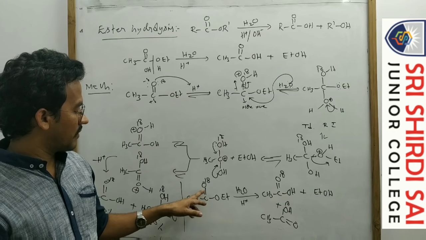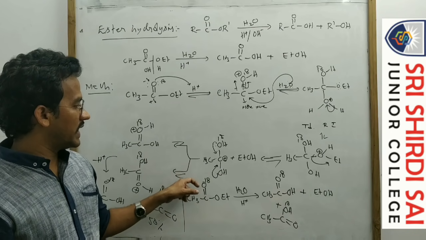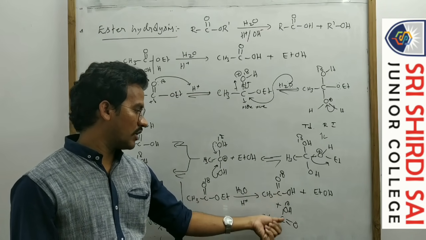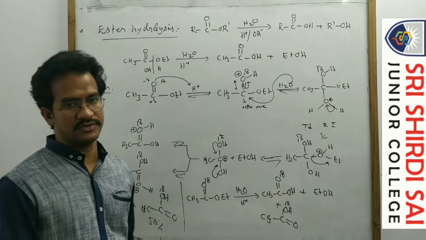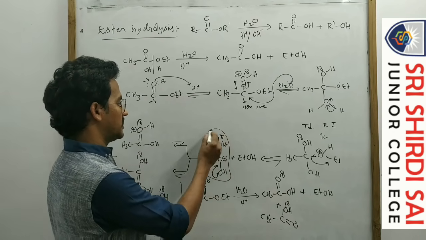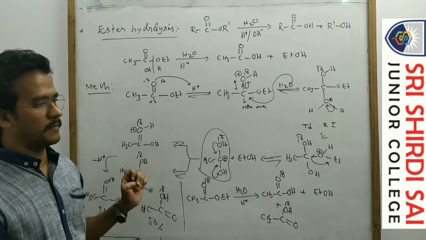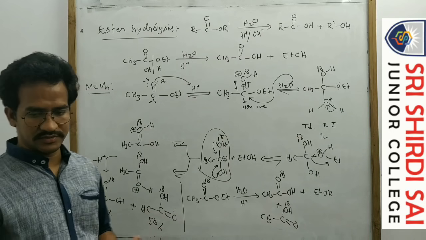Whenever the ester oxygen contains 18, that O18 may be present in the double bond O or may be present in OH, because it is the main intermediate. So from this one, either OH can form the pi bond. Okay, that's it.